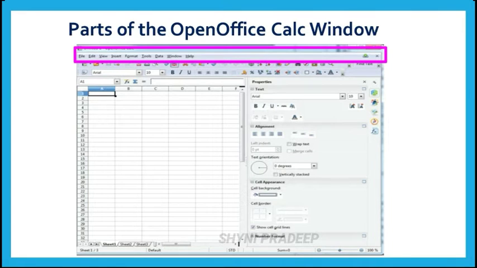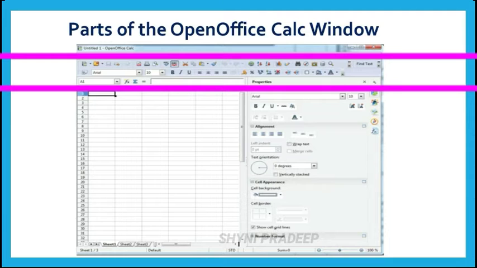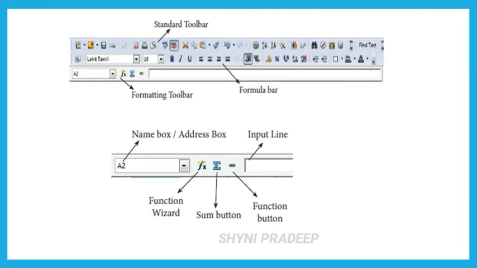And next, toolbar. Under the menu bar, there are three toolbars available. What are they? Standard toolbar, formatting toolbar, formula bar.